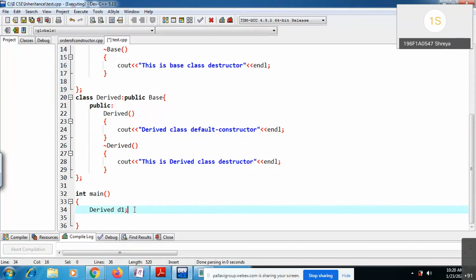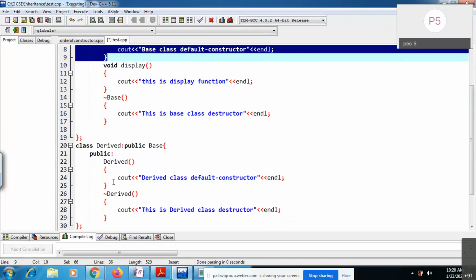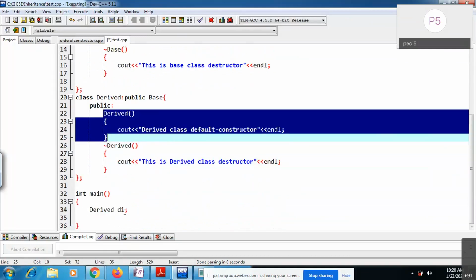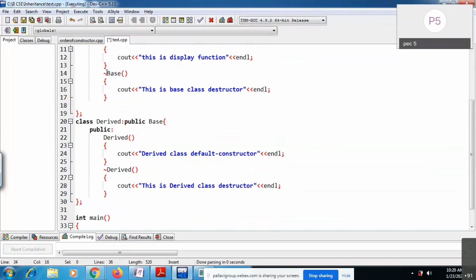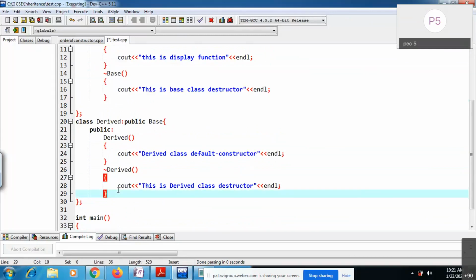Yeah, if I create an object, first the constructors are called. Once the scope ends, meaning you are going out of this particular object, in that case these destructors are going to be called.